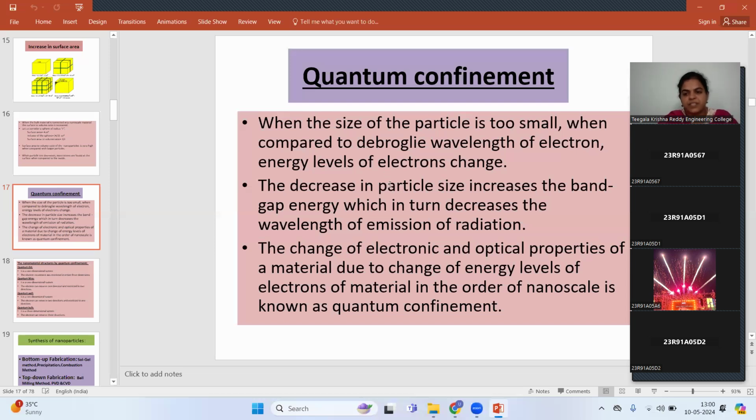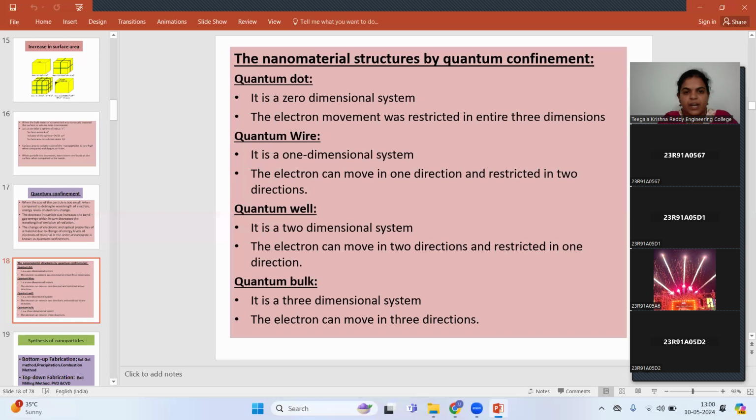The de Broglie wavelength expression is lambda is equal to h by mv. The decrease in particle size increases the band gap energy, which in turn decreases the wavelength of emission of radiation. The change of electronic and optical properties of a material due to the change of energy levels of electrons of the material in the order of nanoscale is known as quantum confinement. Here, the length in which the confinement takes place must be smaller than the de Broglie wavelength, and that quantum confinement takes place